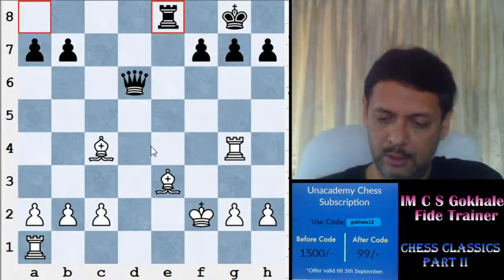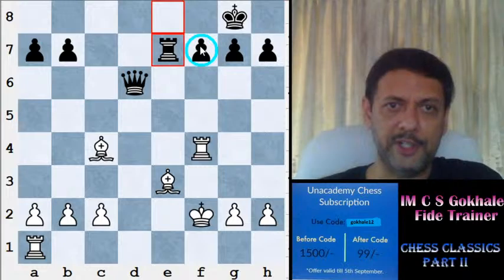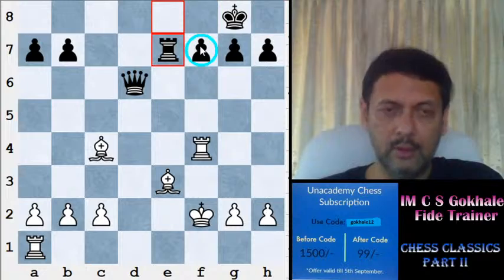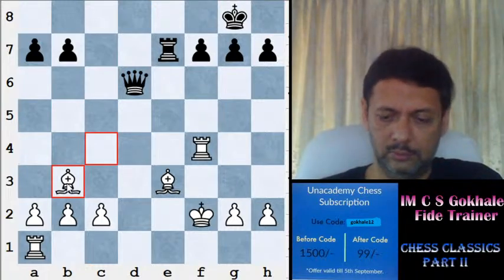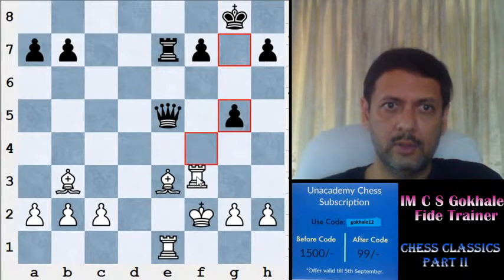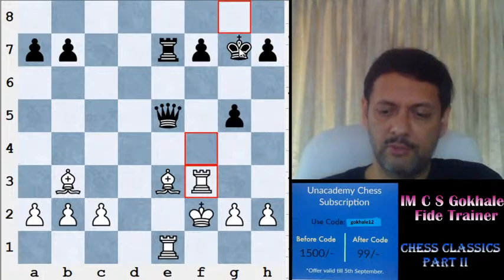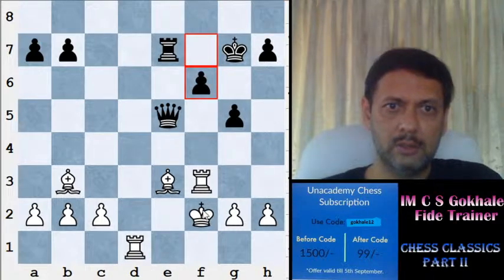Rook f4, stopping, as well, it was a pressure on the f7. Bishop b3, keeping all the pieces in a safe zone. So, bishop b3, queen e5, rook e1, g5, rook f3, king g7, rook d1, f6, king g1,